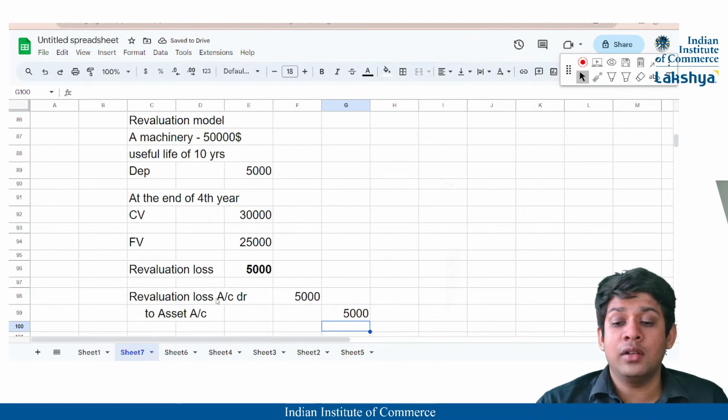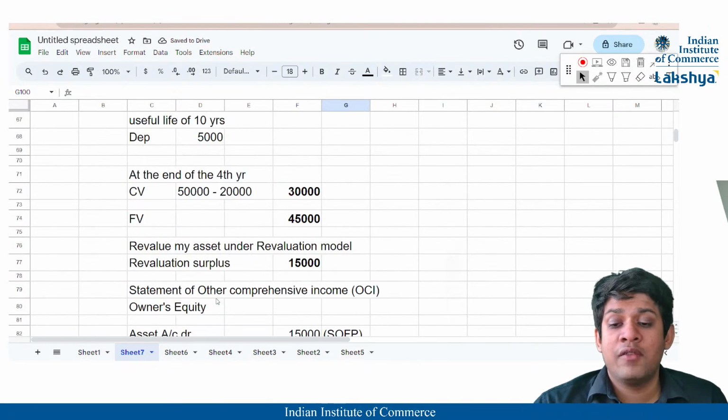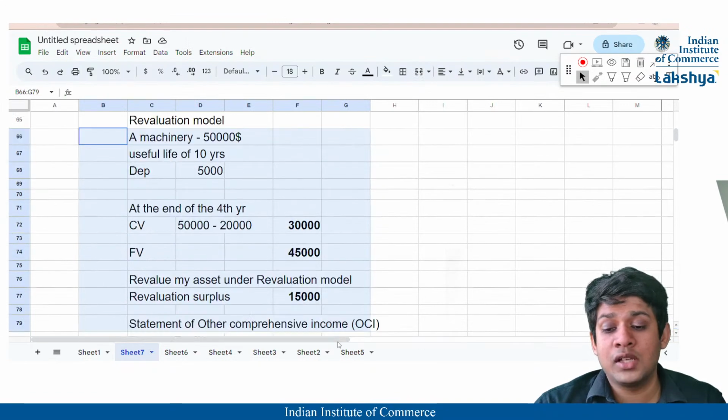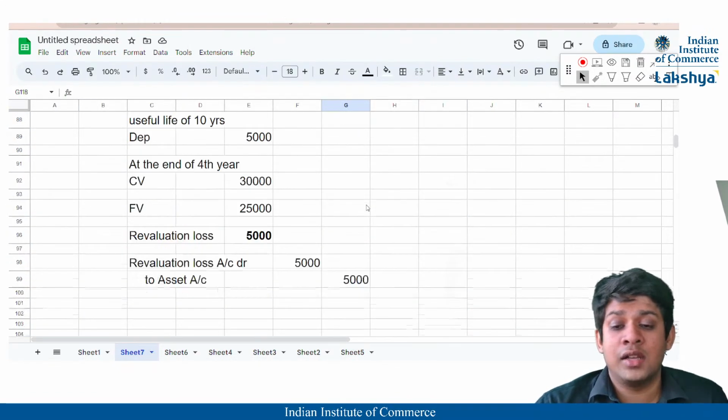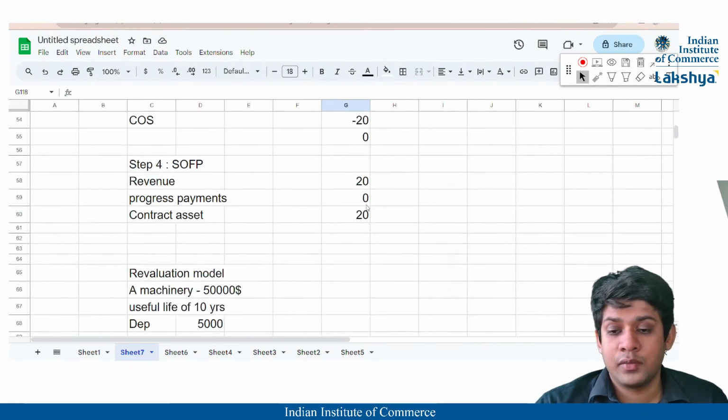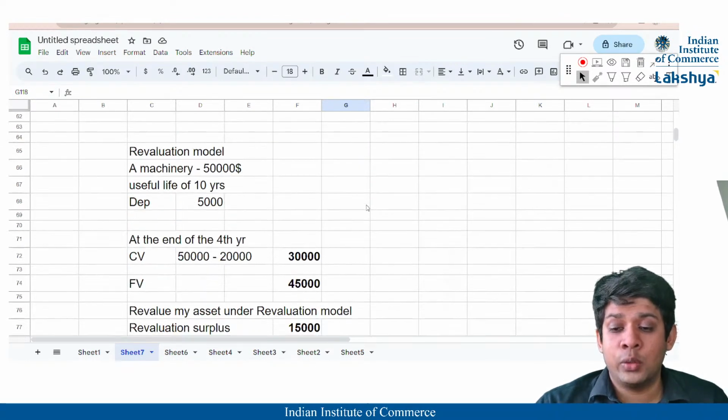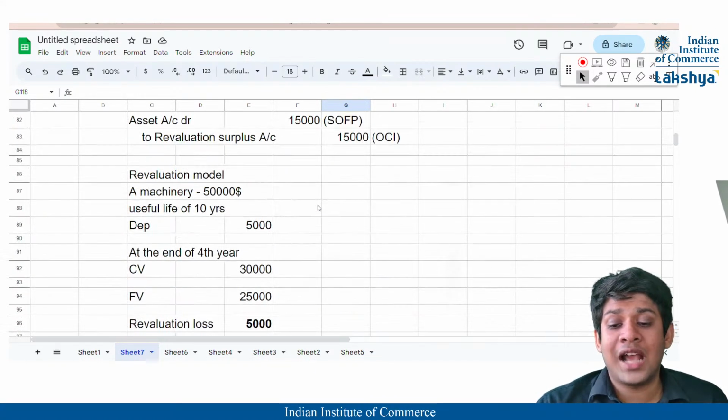So this was the accounting for a revaluation model, both where there is a revaluation surplus and where there is a revaluation loss. Okay, I hope it is clear to you all. Now guys, in this there are also more details. That is, what happens if,